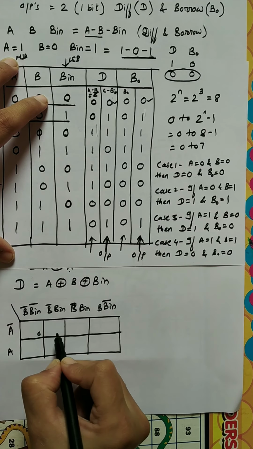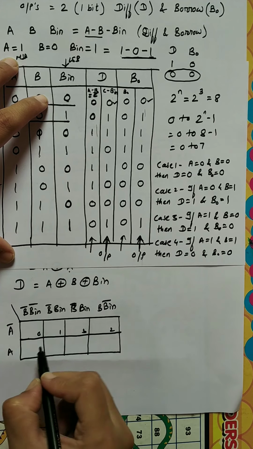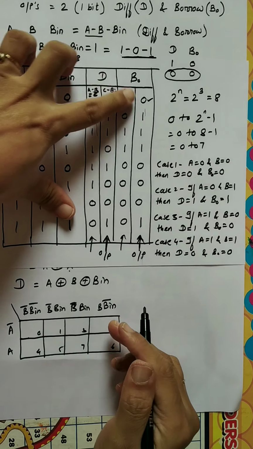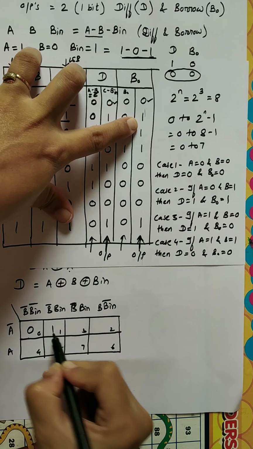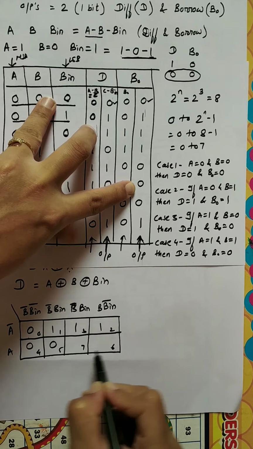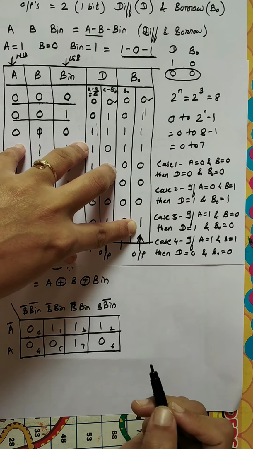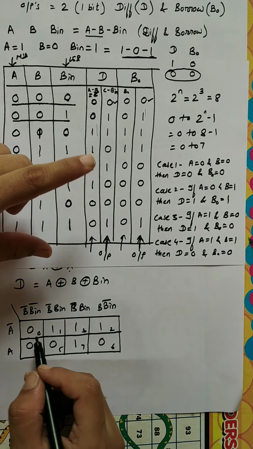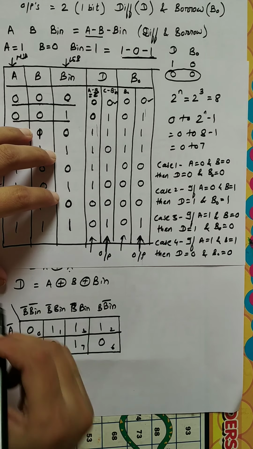Now I will map the borrow output in this K-map. So 0 number output is 0, 1 number output is 1, 2 number output is 1, 3 number output is 1, 4 number is 0, 5 number is 0, 6 number is 0 and 7 number is 1. So here I have mapped the outputs of borrow. Now what I have to do here,